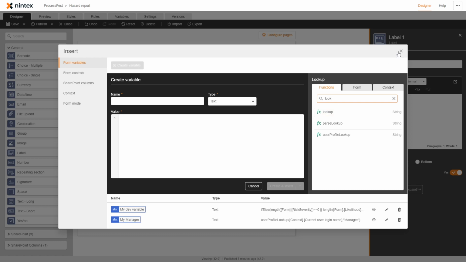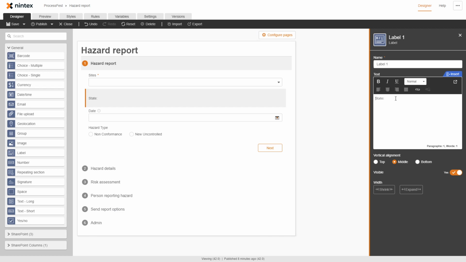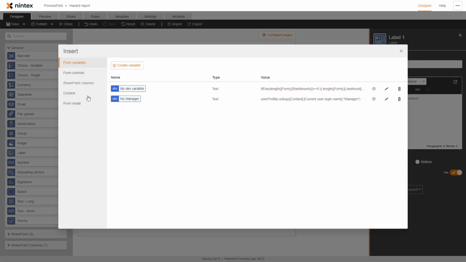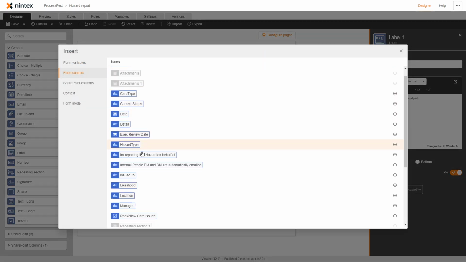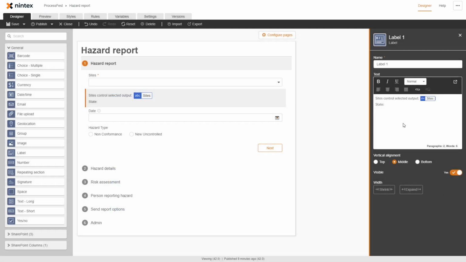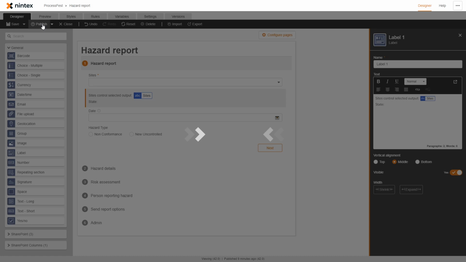So what we might do before we jump ahead to that, we might just come in here and say, well, what does the lookup, what does this control pass to me? So let's say sites control selected output. So let's go and have a look at that. So let's go and say insert, form controls and sites. So we'll insert that first, and we'll come back to doing what we need to do around this. So we'll go publish,